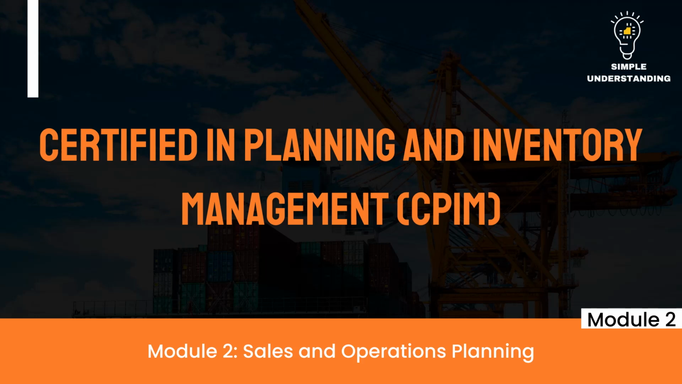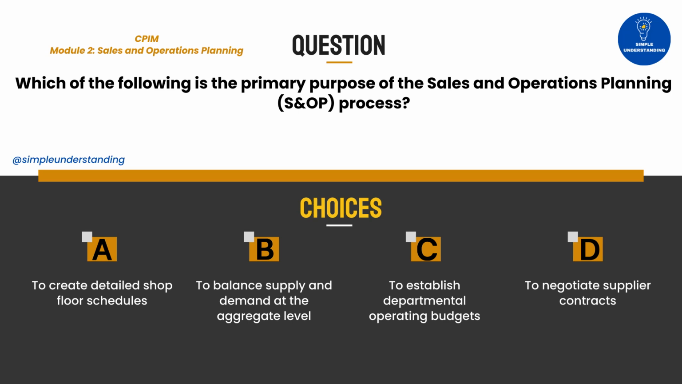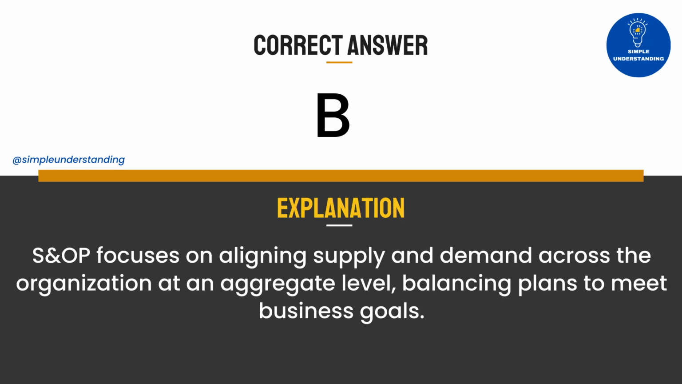Let's begin with Module 2, Sales and Operations Planning. Question 1. Which of the following is the primary purpose of the Sales and Operations Planning (S&OP) process? A. To create detailed shop floor schedules. B. To balance supply and demand at the aggregate level. C. To establish departmental operating budgets. D. To negotiate supplier contracts. Correct answer, B. Explanation. S&OP focuses on aligning supply and demand across the organization at an aggregate level, balancing plans